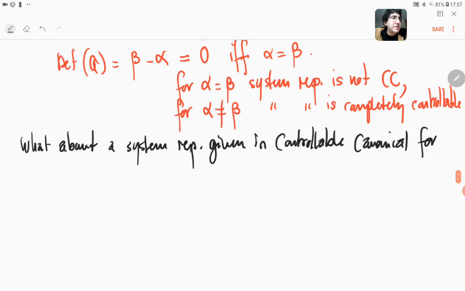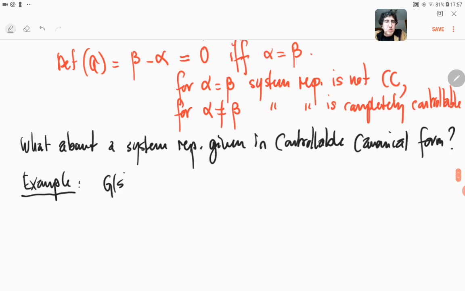We claimed that this is always completely controllable. So let us check. Okay, so for example, let's first start with a transfer function,